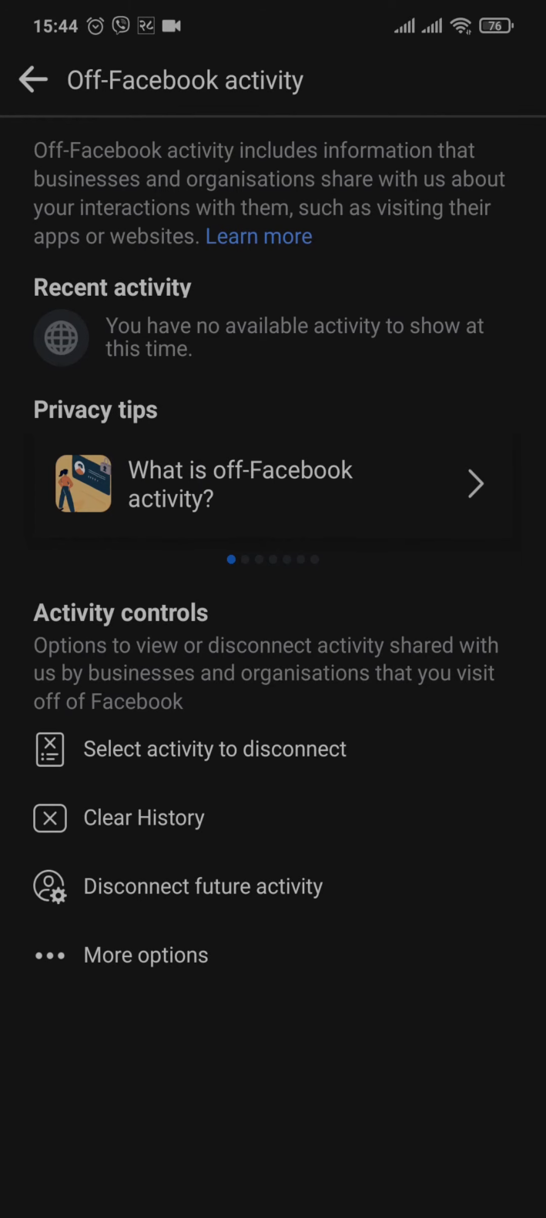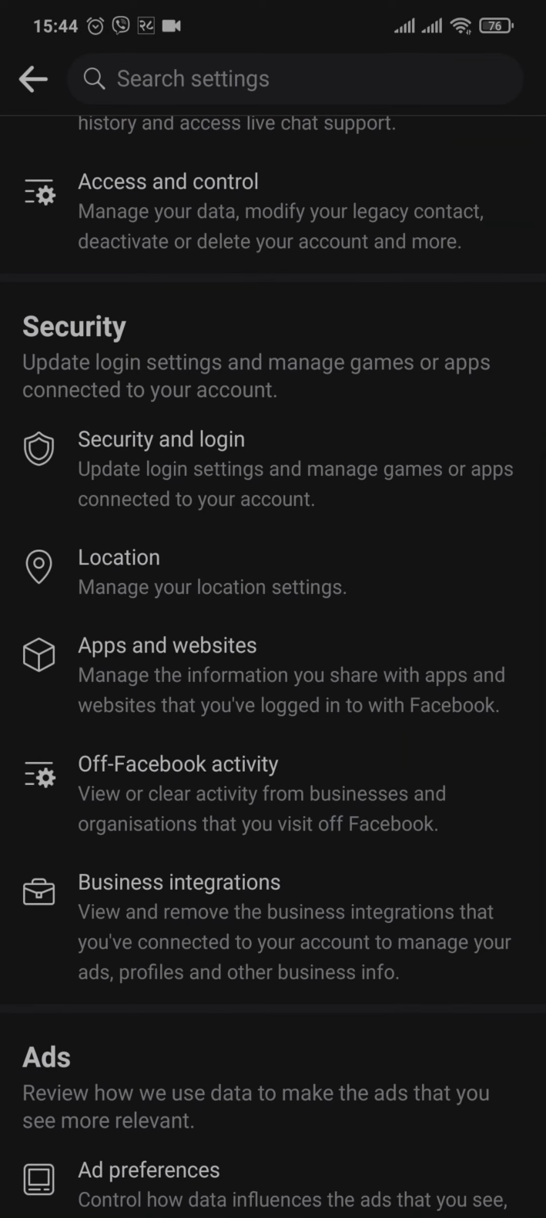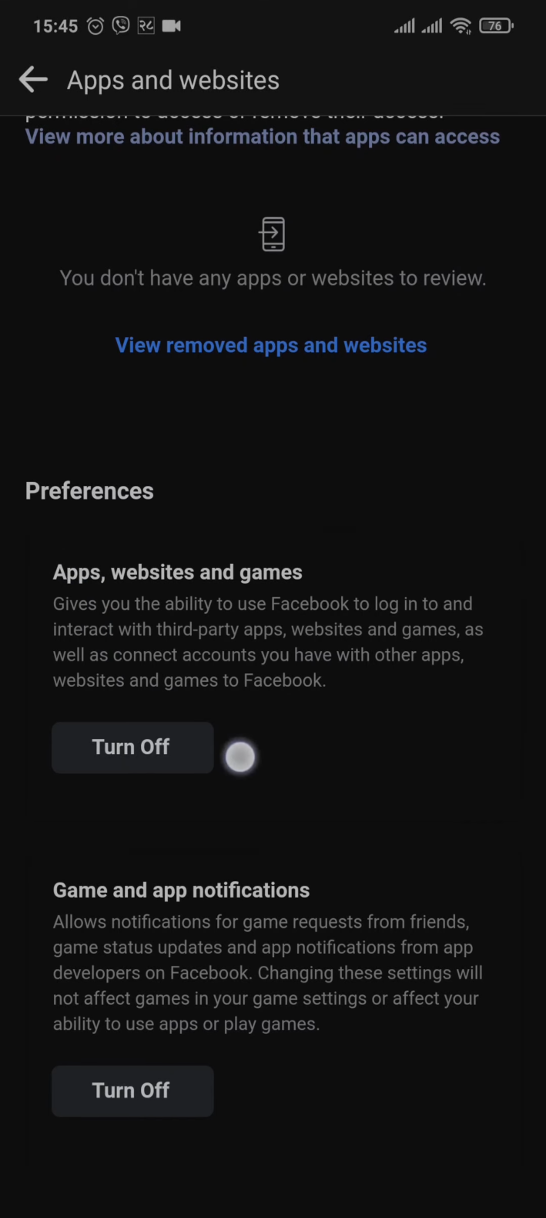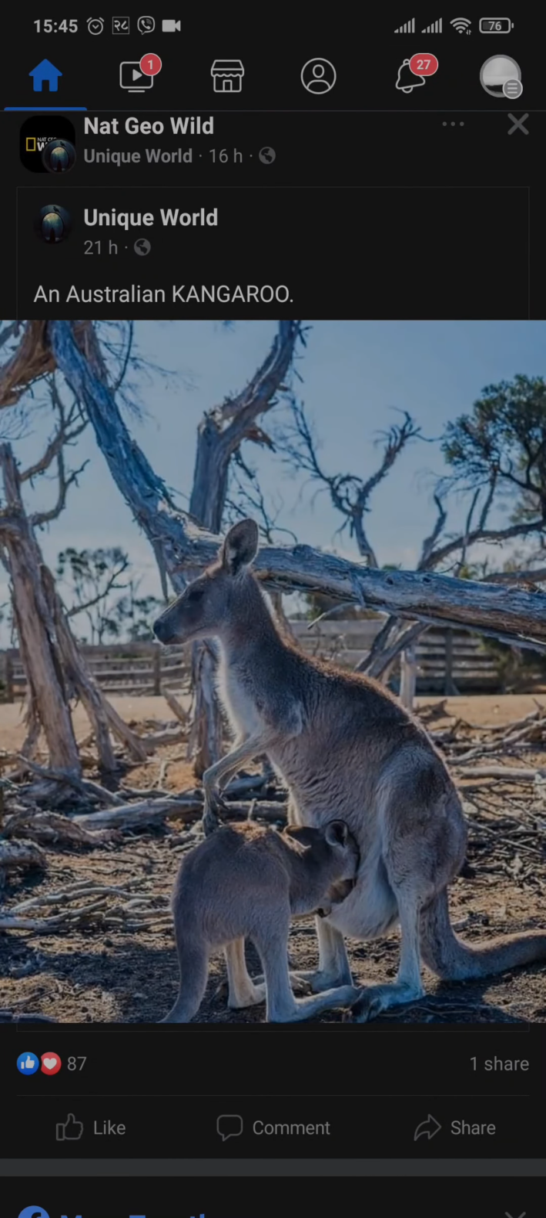After you do that, the second thing that you can do is head back to this screen again and tap on Apps and Websites, and then make sure that this apps, websites and games option is turned off. Now it will also remove suggested pages that will show you based upon the apps and websites that you have added to your account. So those were the couple of steps that you can do in order to remove suggested pages